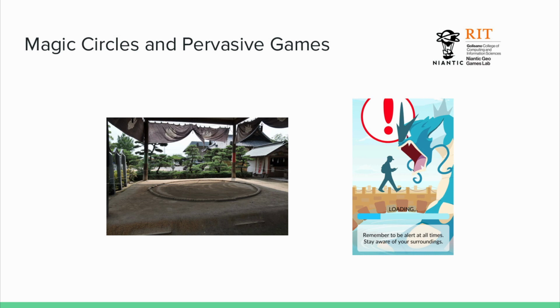In Pokemon Go, for example, the player must ask themselves, what are the acceptable boundaries for catching them? How late can I play? What neighborhoods are good to play in? How comfortable am I with trespassing? These are all questions that someone must ask themselves as they go out to try and catch all the Pokemon. And it's no surprise then that Niantic incorporated warning screens such as this into the game to help remind these players that there are dangers that exist in the real world, and there must be some care taken while playing the game, right?